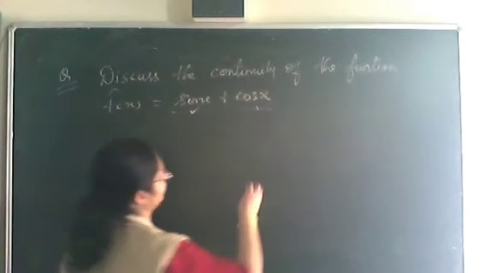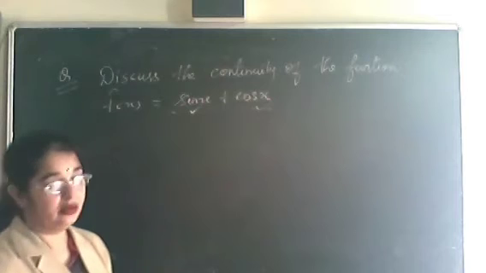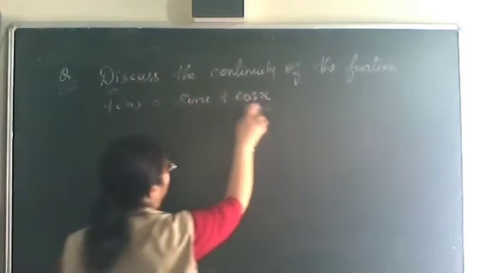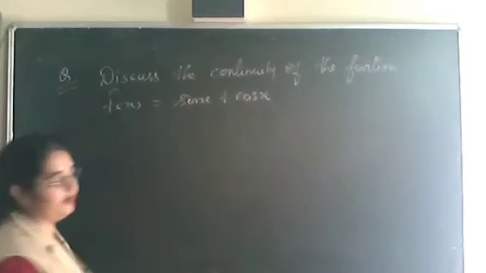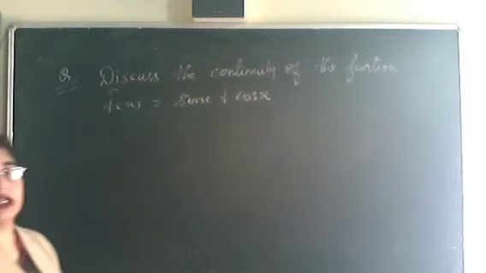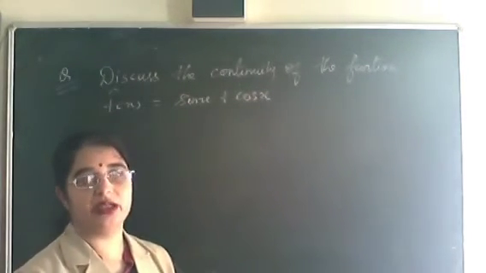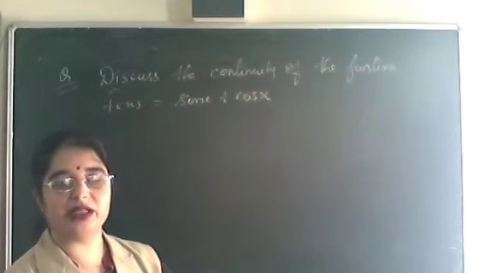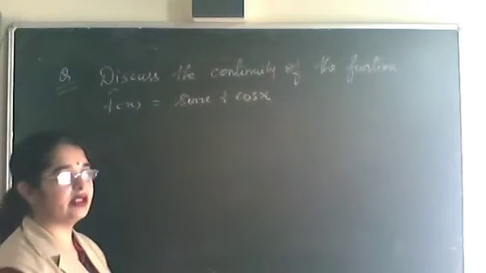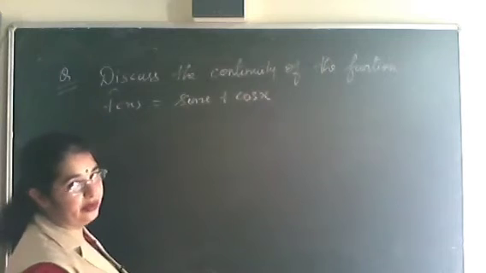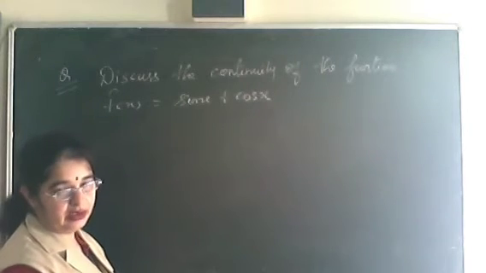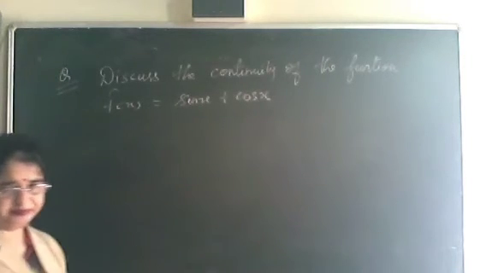So it is a continuous function everywhere. And if two functions are continuous, we have done the algebra of functions, then their sum is also continuous. But if this question carries larger marks, more than 1 mark, then how are we going to do it? Just see. Again, we'll calculate LHL, RHL, everything.